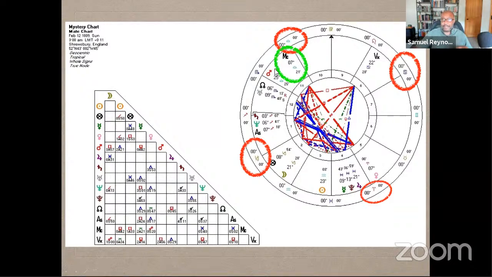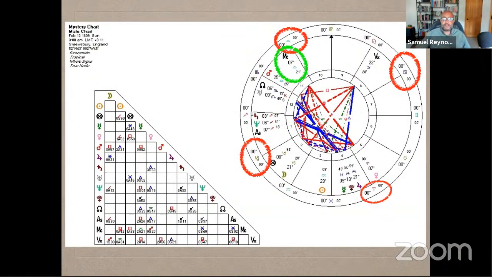And then as a tenant in that house is Mars, which also is in detriment. This is a sidebar, but related. I love this chart, and I use this chart a lot because when I teach about essential dignities, I use it as a FUBAR chart. For those of you who know what FUBAR means, you'll get it immediately. Those who don't, it's F'd up beyond all recognition. That's what a FUBAR chart is in terms of essential dignities.